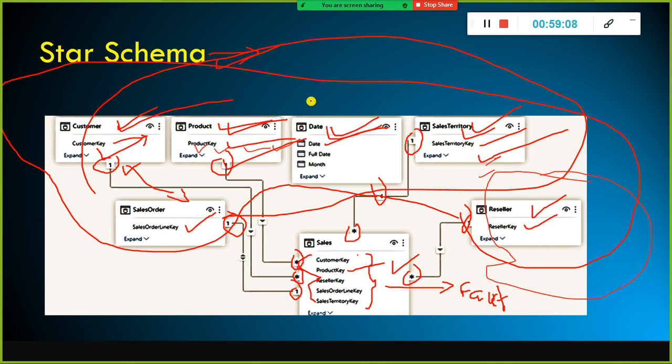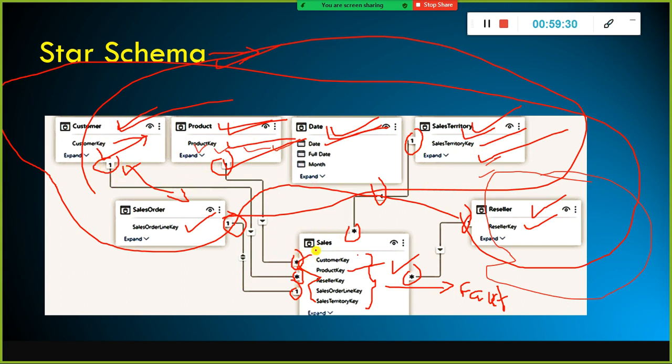That's it. But since we store only one record for each product or each instance, you can see one here for all these dimension tables. But at the other end of the relationship, we can see many.